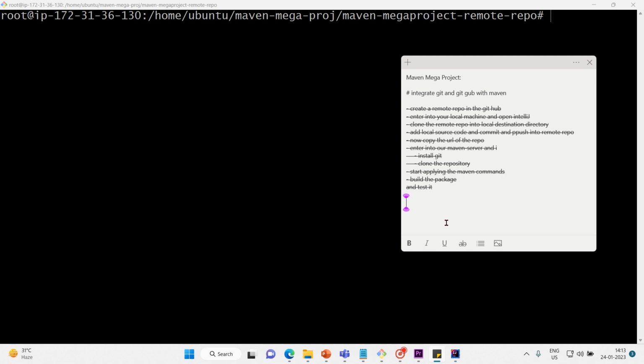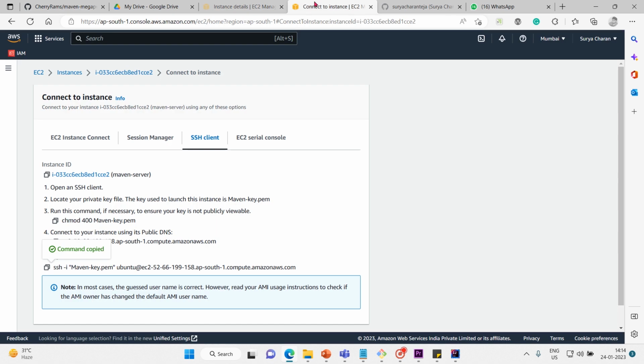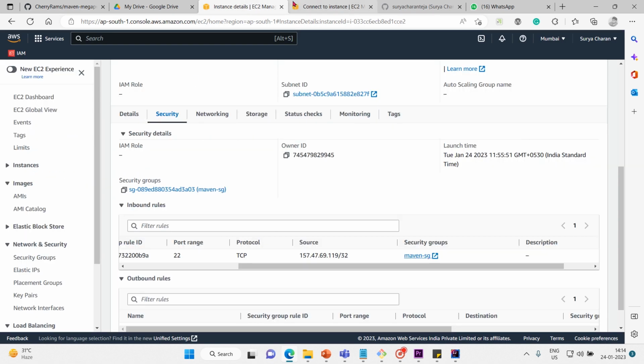So that's the reason the last action in this project is terminating our Maven server. So let's get into the EC2 instance